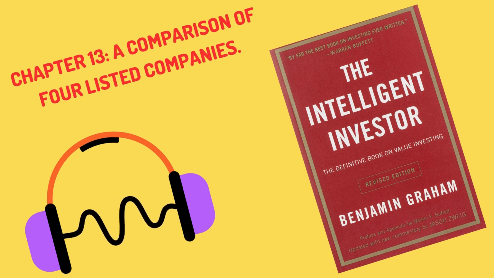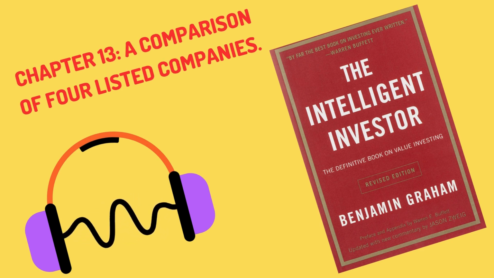Paul and Pacific Railroad Company is struggling due to competition from other forms of transportation. Graham also discusses the importance of understanding a company's financial ratios, such as price-to-earnings ratio and dividend yield, when evaluating its investment potential. He notes that these ratios can provide valuable insights into a company's profitability and the potential for future growth. Overall, Chapter 13 provides a practical example of how to perform a detailed analysis of companies to determine